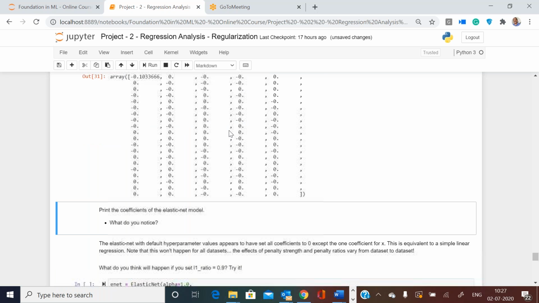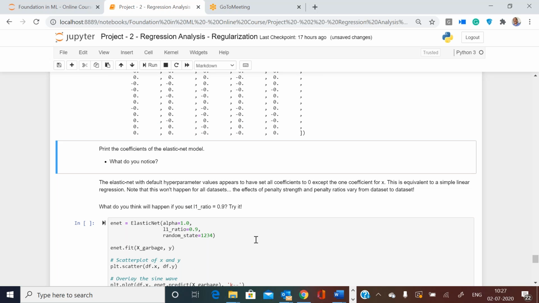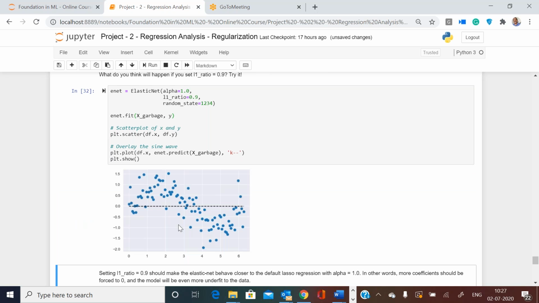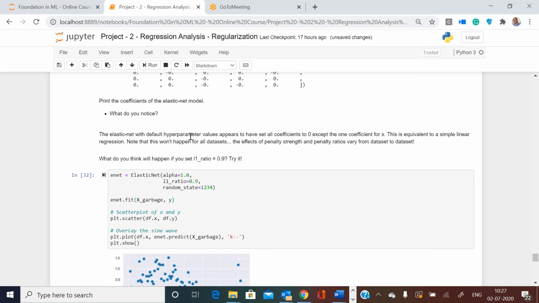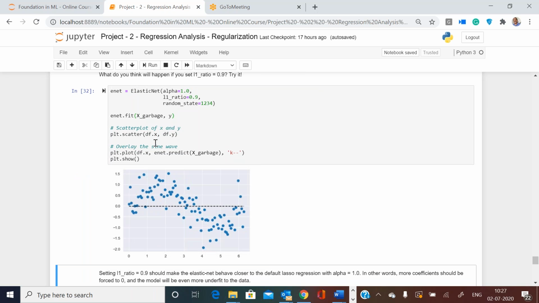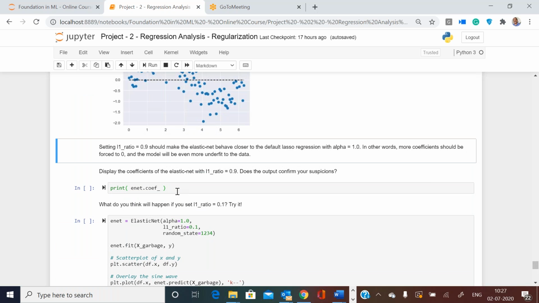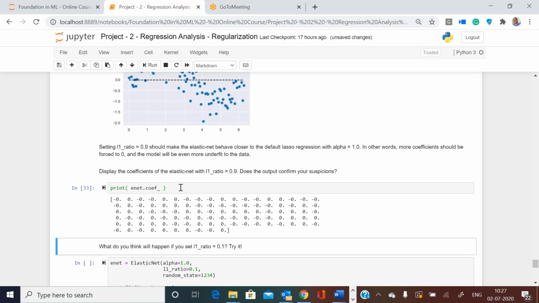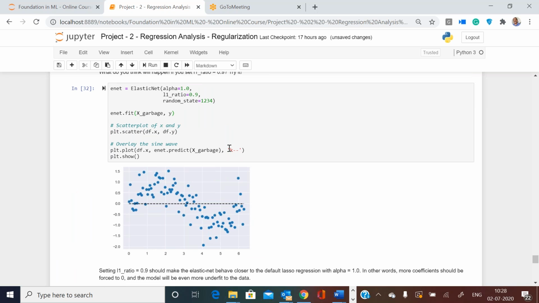If we make it more of a lasso, I'm putting 0.9, meaning 0.9 L1 effect, 0.1 ridge effect. The slant has been reduced more, and coefficients have been reduced to 0. Almost everything became 0 with 0.9 on the lasso side.